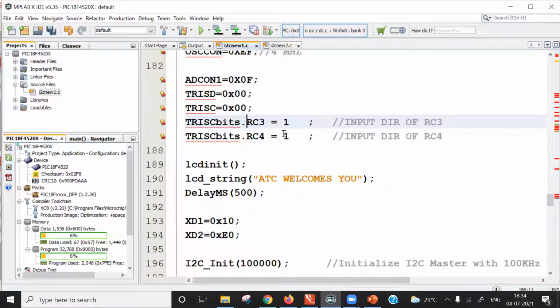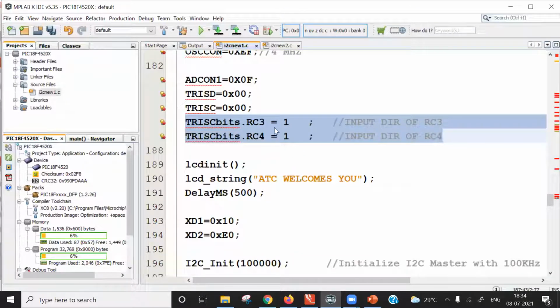And why make it 1? Because we want to disconnect the data latch of the port from the IO pin. Otherwise, the output of the data latch will be permanently on the IO pin, and communication is not possible. The same thing is required for UART communication, which we'll discuss subsequently. So in the case of the UART module also, the corresponding trace bits must be 1. So these two instructions are really important. If you don't do it, your protocol will not work.